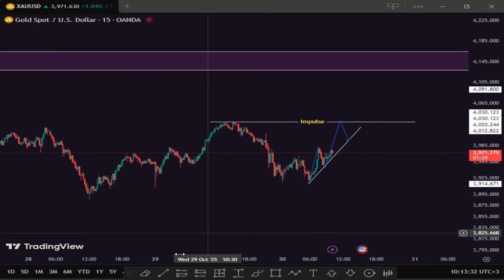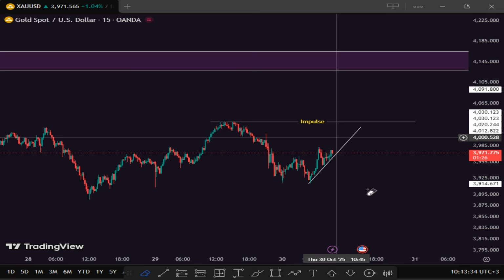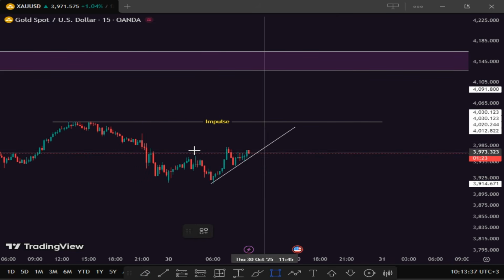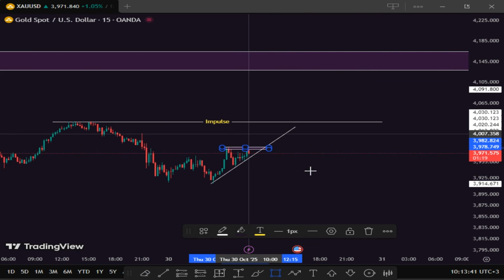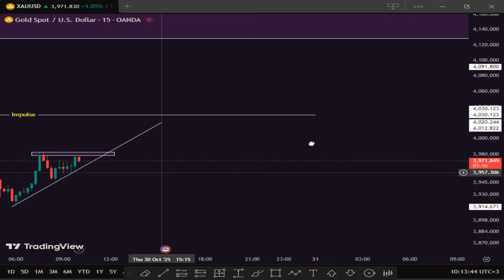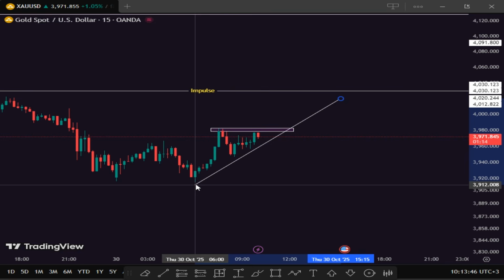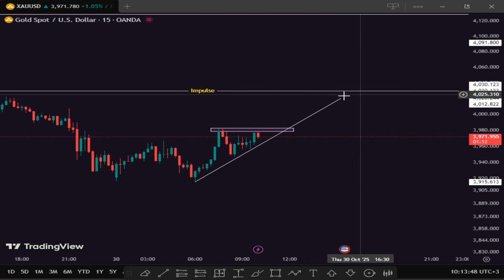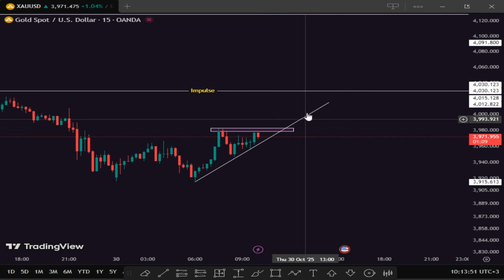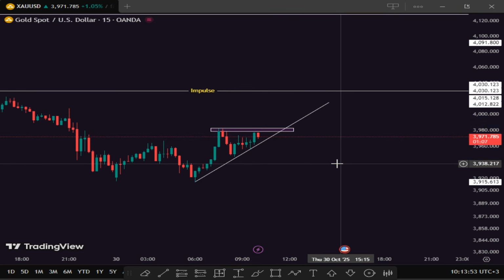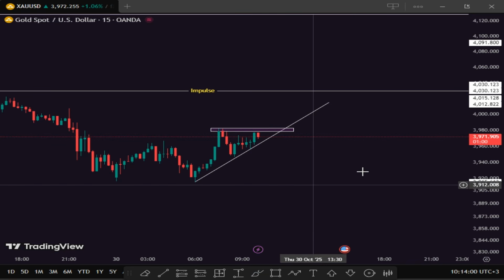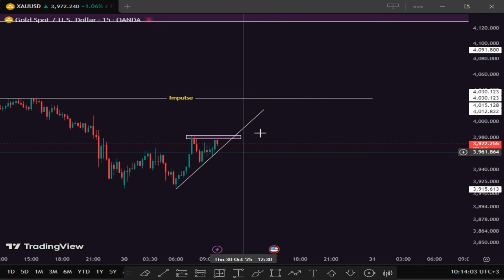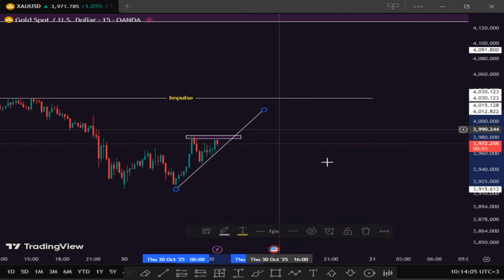Wait for gold to break out of that zone, because it's very, very important. The moment it takes out this level right here, that's all I'm waiting for. It's going to be a confirmed swing low being created. Let me just adjust this right there. But as of now, this trend line right here doesn't make sense, right? Until it takes out this level right here. The moment it takes out this high, then that is when I should be calling this trend line